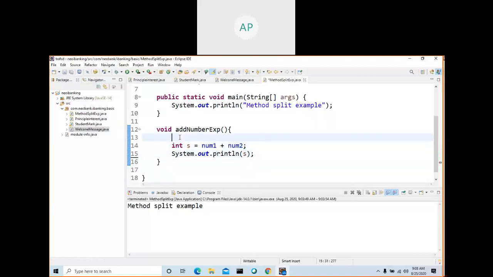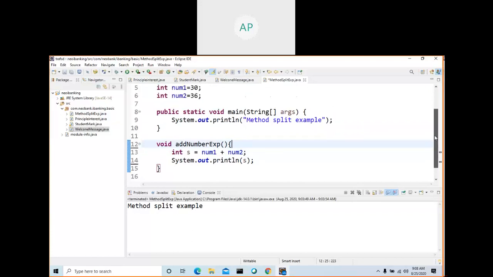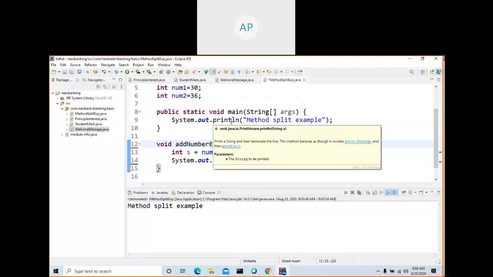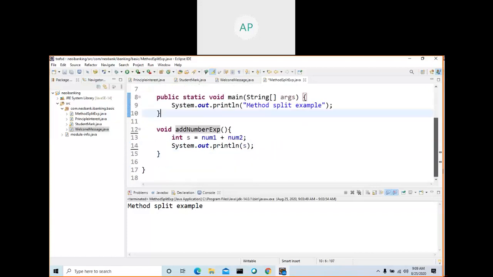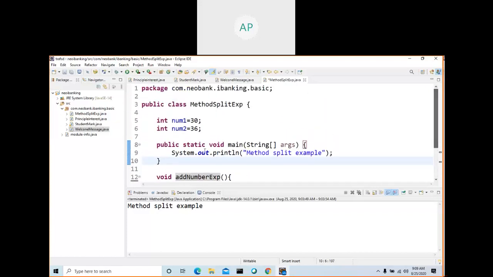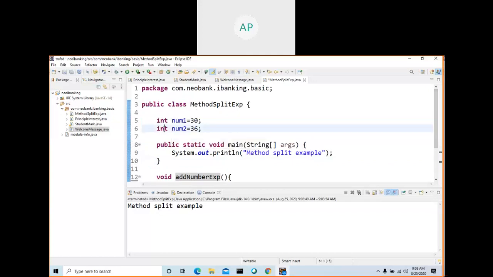So what is the thing that you are going to type here? Variable name? Yes, because this is a container, it holds the value of this one. Okay. Now, when you run, which method will run?